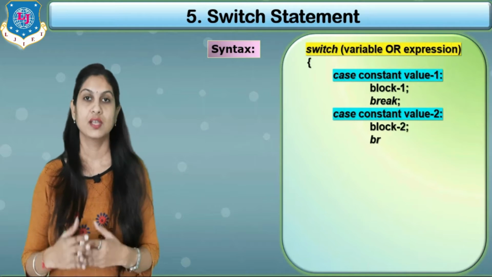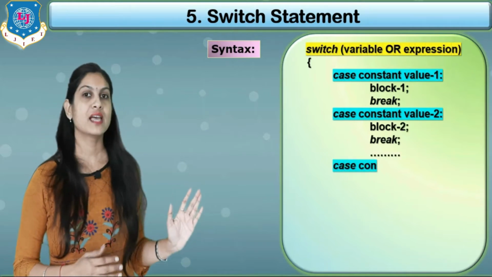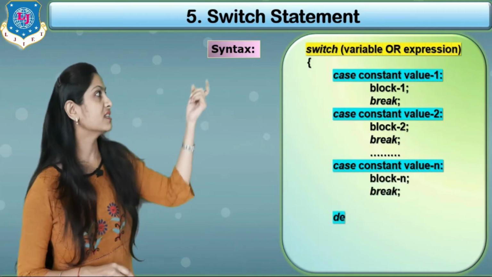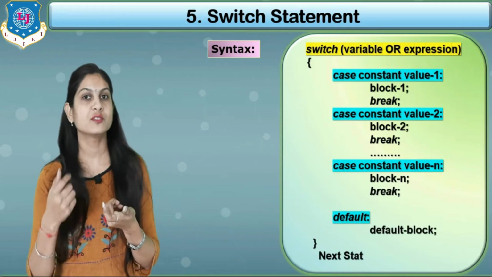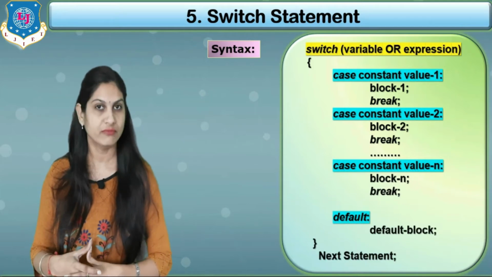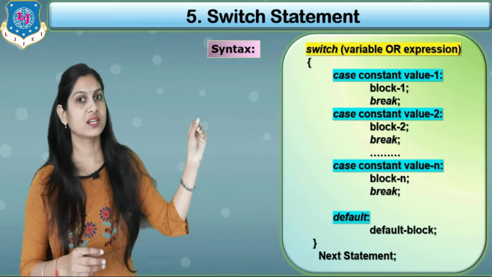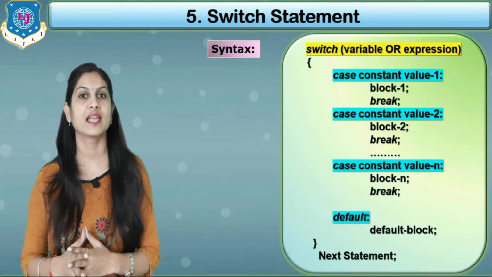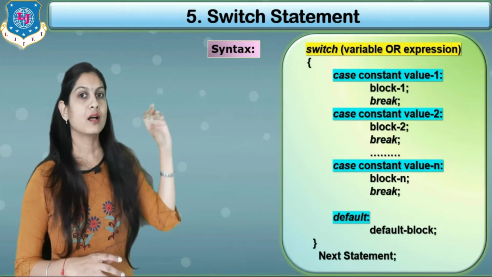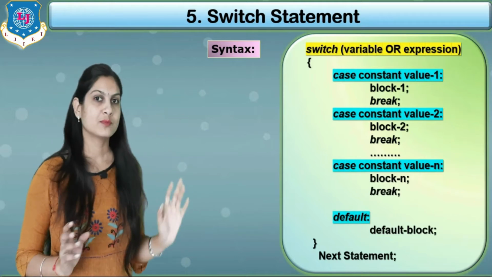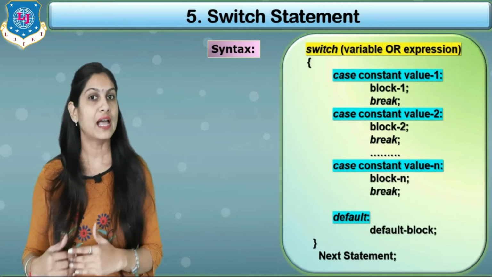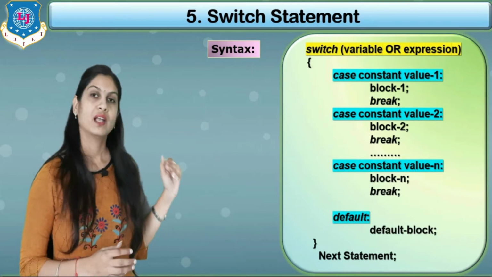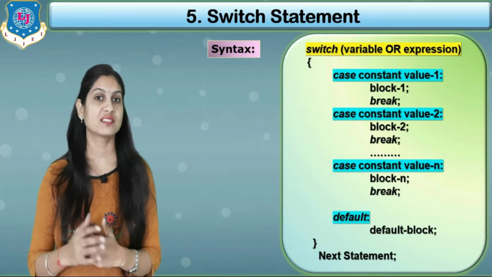or expressions. Then after the curly bracket is there, and inside curly bracket you have to write number of cases. So first keyword is case, and after space we have to put one constant value, and after constant value we have to put colon and then block 1 semicolon, and the next is break. That is about one case. There are number of cases possible, so the same case we can execute case number 2 for a constant value 2 and so on. So this is the syntax for a switch statement.